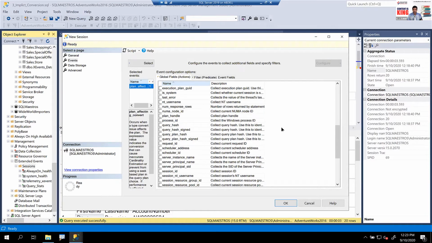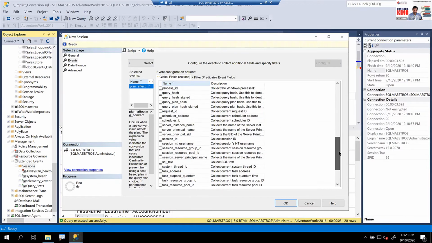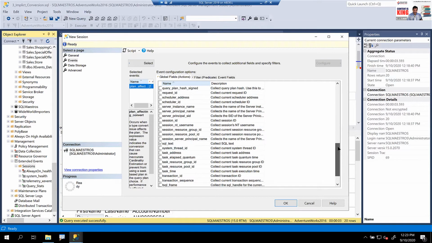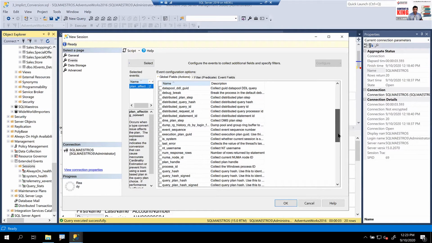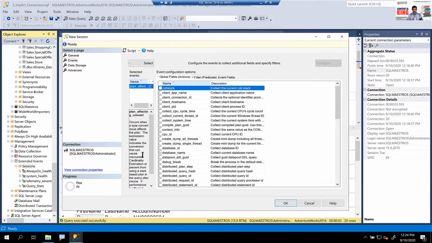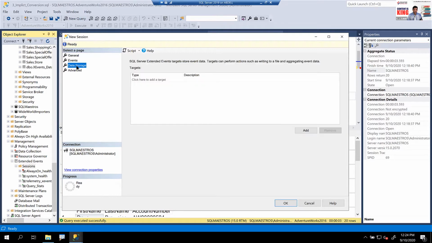At this point, I'm not going to take those things, but I may take, let's say, SQL text, which is going to give me the complete SQL statement. And session ID, maybe you may want that. Well, up to you how you want to analyze and what really is important to you. There are a lot of these fields to play around with; these are things that you can explore on your own. So what about data storage? Well, I'll skip the data storage because I'm just going to play live with this information right now.